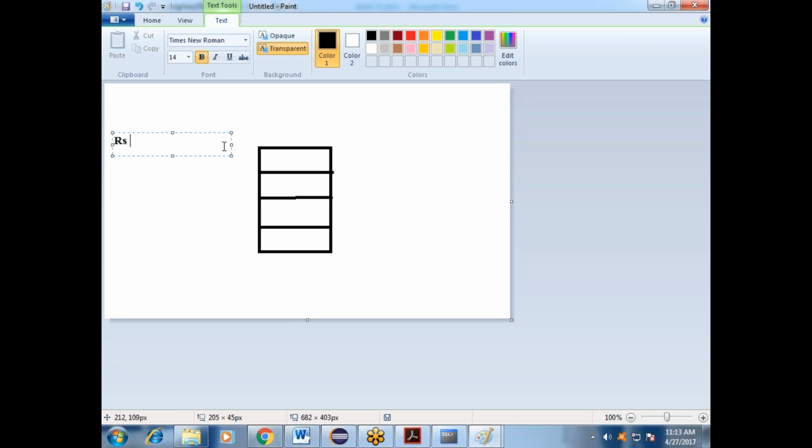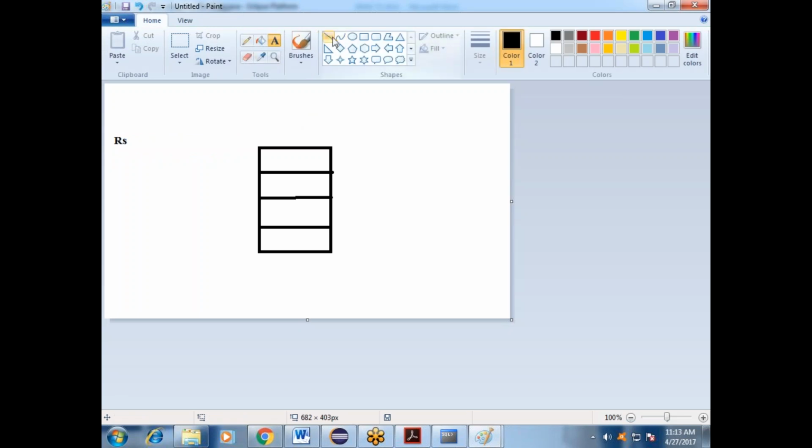RS, result set. It prints as that. Whatever value goes, it will be checked one by one, as an address.